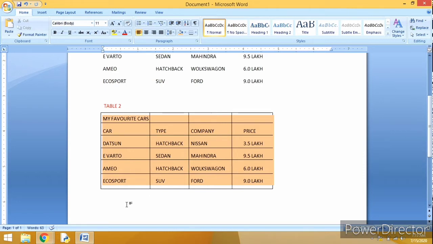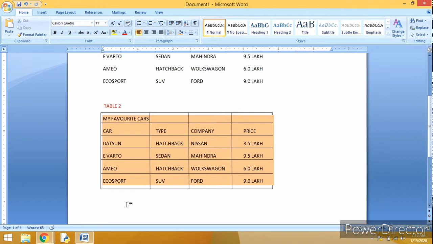Now the question comes, from which software or which options are we able to draw a table? Where can you draw a table? Can we draw in MS Word? Just now I am using MS Word over here.